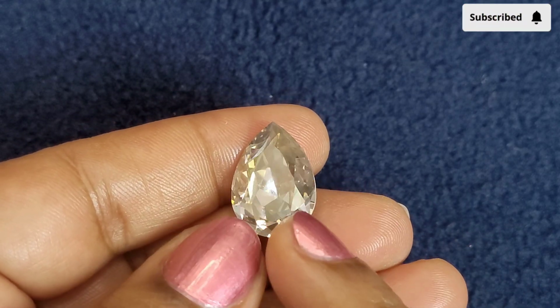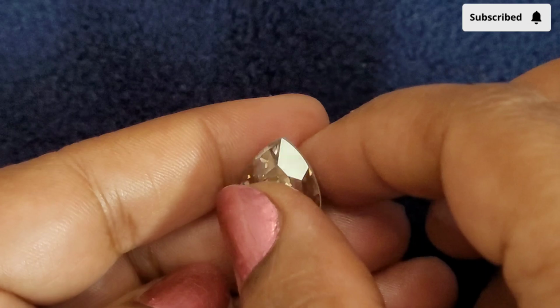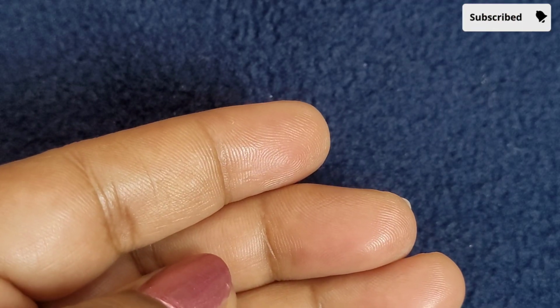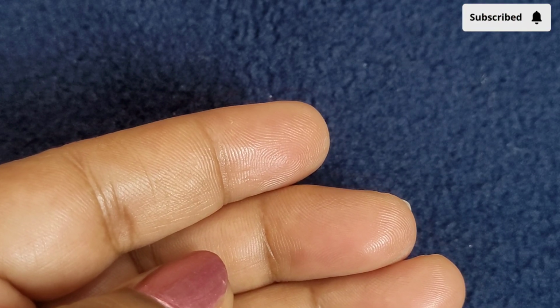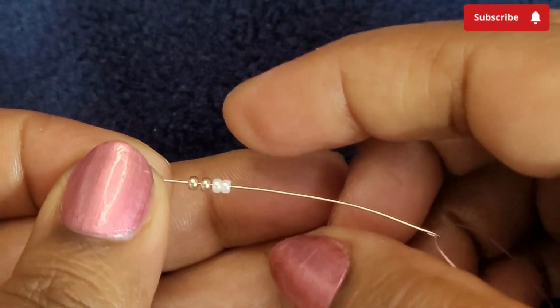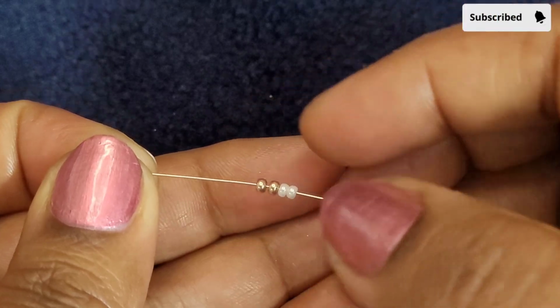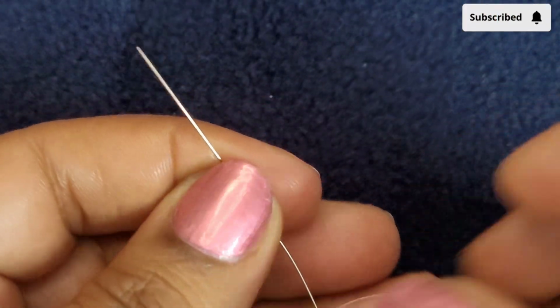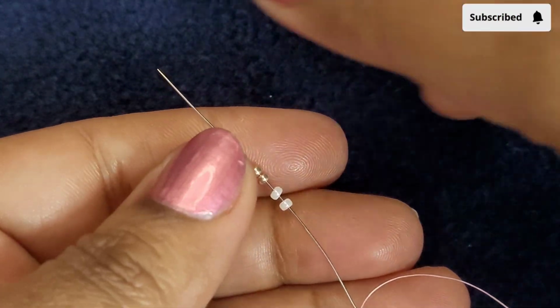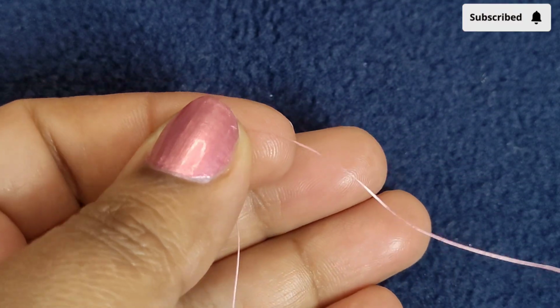Now we will start the bezel of our 18 by 13 teardrop crystal with herringbone stitch. So for this I am picking up 2 11 antique ivory and 2 11 champagne, and I am bringing these down towards the end of my thread